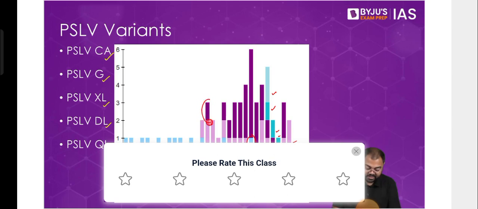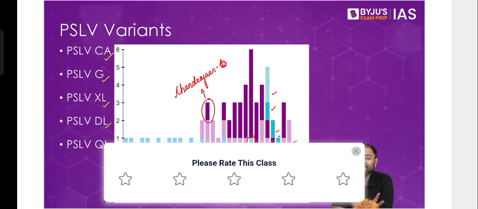Now, PSLV XL has also been very, very significant. The first launch that we did with PSLV XL was Chandrayaan 1. So Chandrayaan 1 was the first time we did a PSLV XL launch. And the name tells you that XL means extra large, as in clothes, where you say XL is extra large. The same is happening here as well: XL is the variant where the weight of the satellite that it can carry is the highest.